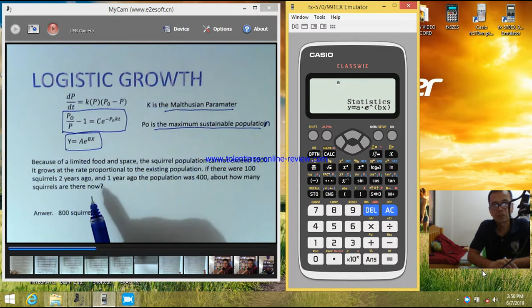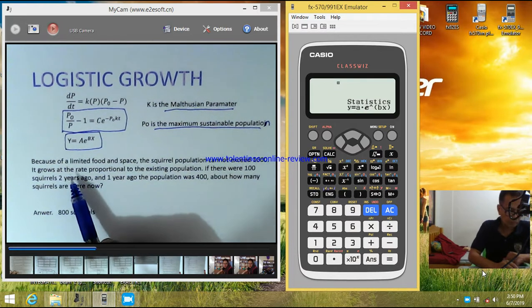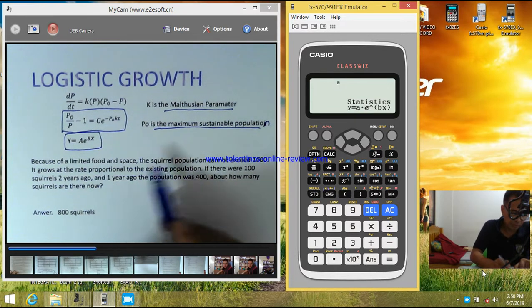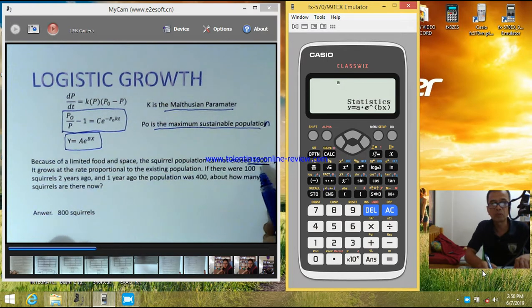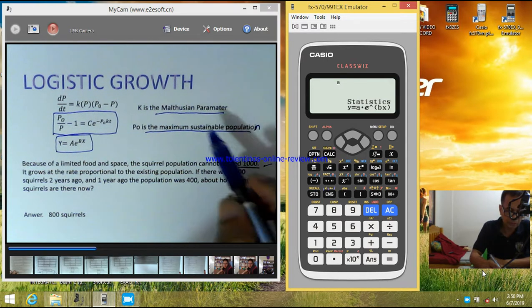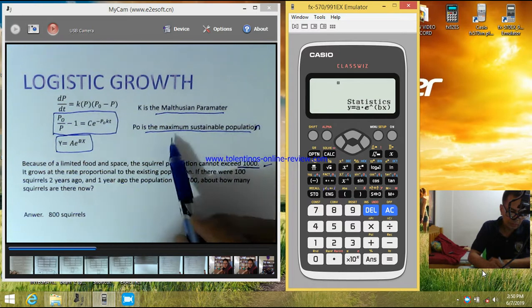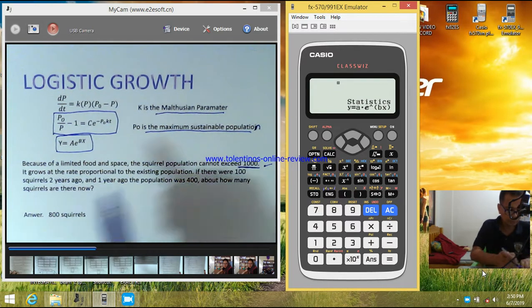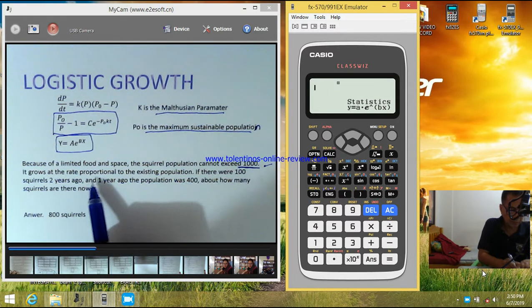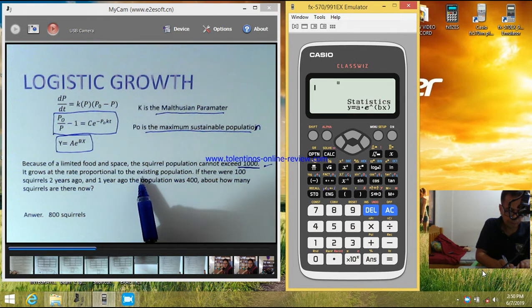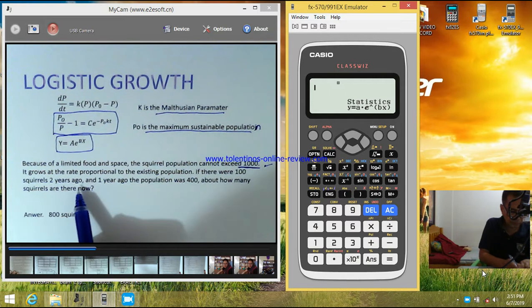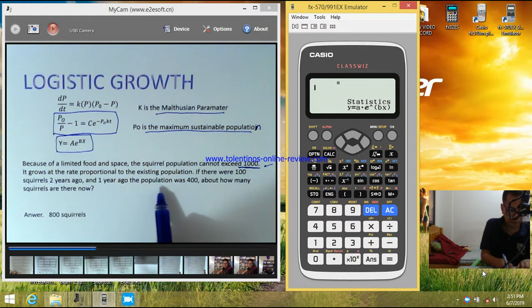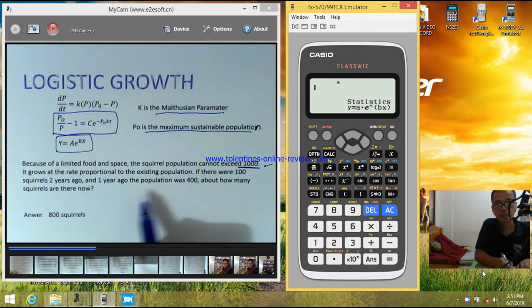Now let's solve the problem. Because of limited food and space, the squirrel population cannot exceed 1,000. So obviously this is logistic growth, because there is a maximum sustainable population. It grows at a rate proportional to the existing population. If there were 100 squirrels 2 years ago and 1 year ago the population was 400, about how many squirrels